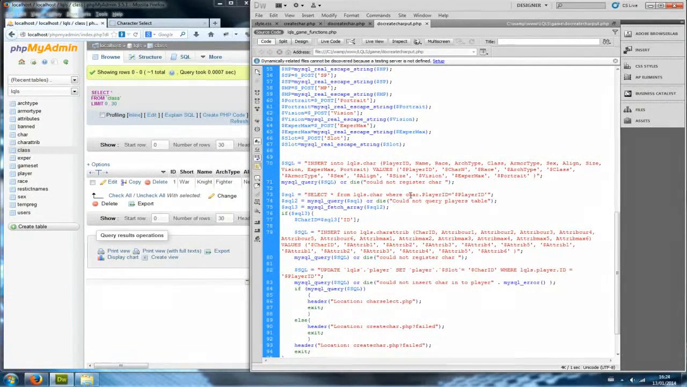And once we've done that, we're going to select the character. Like I was saying, we are going to the characters table and select the character by the player ID and his character name. And from that, we're going to pull out the character ID that the auto increment automatically generated for him. Once we got that, we're going to insert into the character attributes table by the character ID and all his attributes. Attribute 1